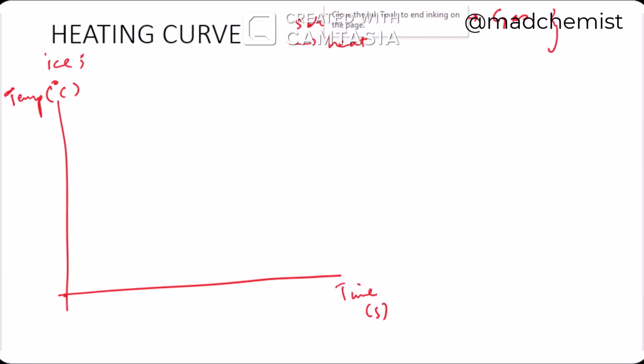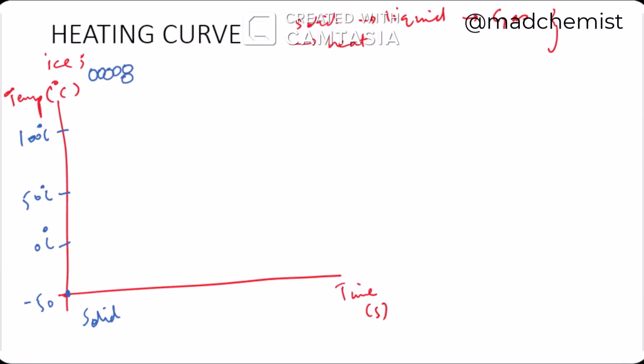First of all, let's get some specific points. This is 100 Celsius. This is 50 Celsius. This is 0 Celsius. And this is minus 50 Celsius. So for ice, at this specific temperature, the water is present in solid form. Here, the arrangement of particles is in that way. The particles are very close to each other. They have their fixed position with no movement.